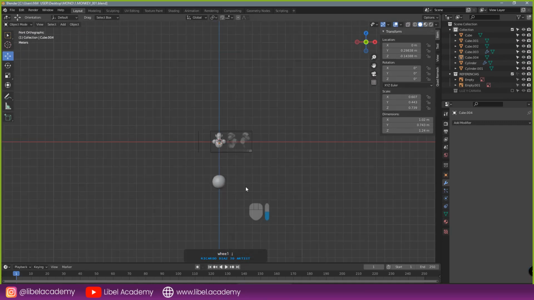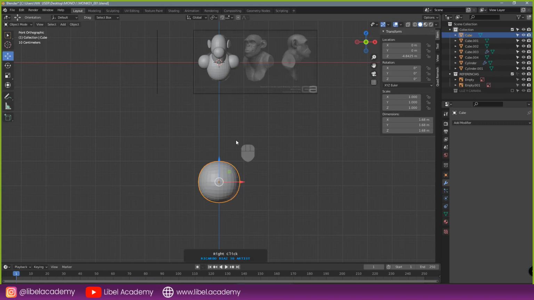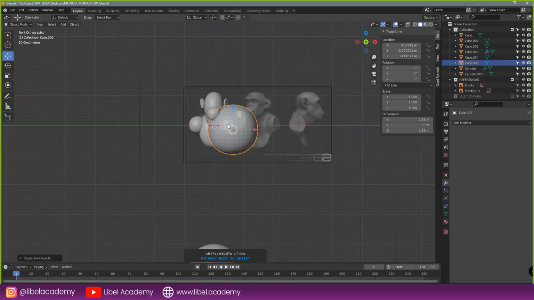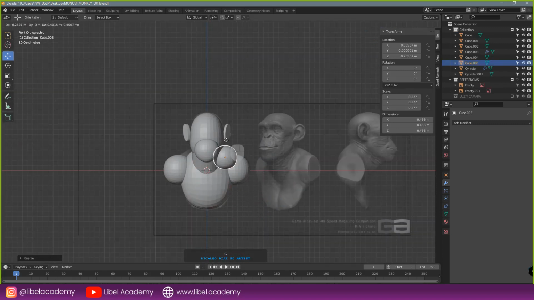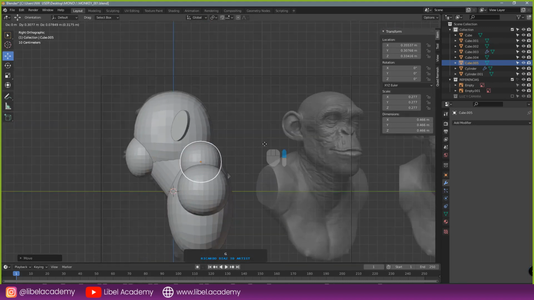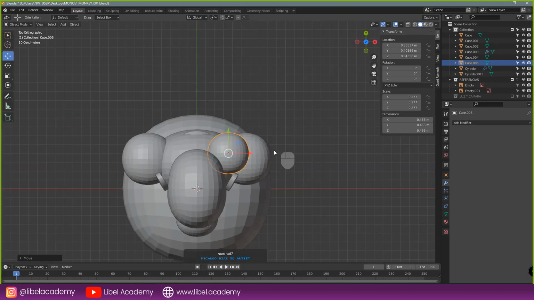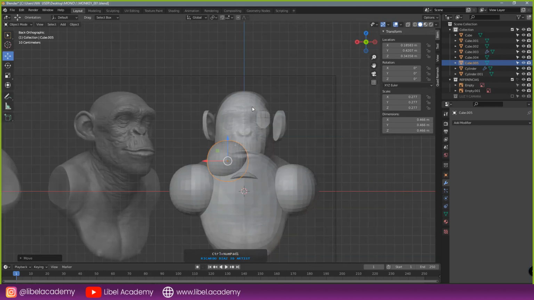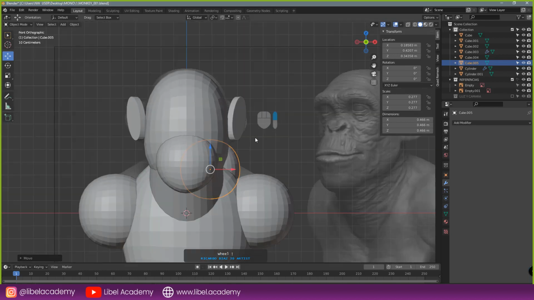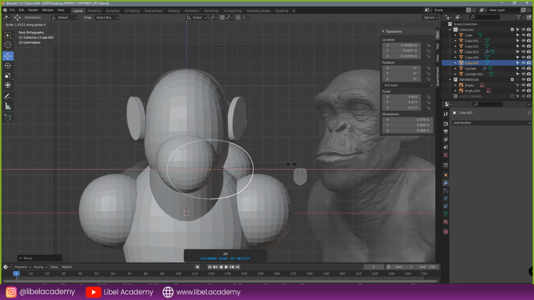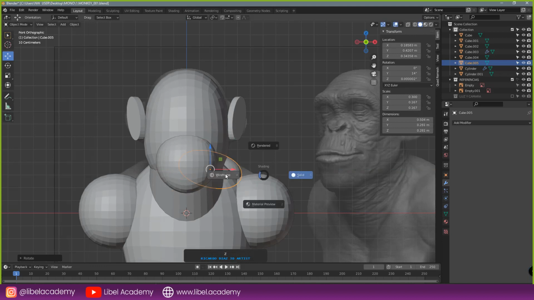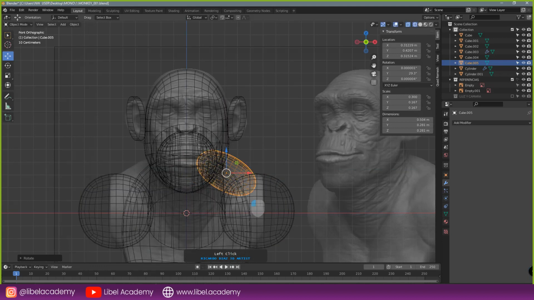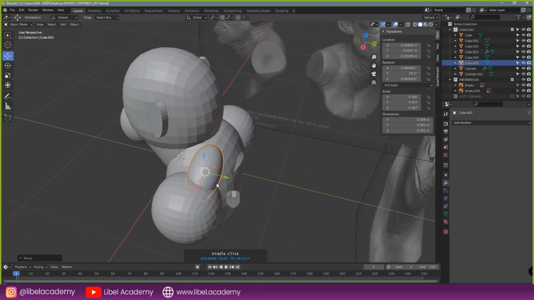Save it, Control S. I'm going to select another one, Shift D to duplicate it, and bring it up here to this muscle. I totally forgot the name of this muscle here. It's the one that comes up here on top. I'm going to scale it a little bit on X-axis and also rotate it. And I'm going to place it here so that it takes this shape. Over here in the back,